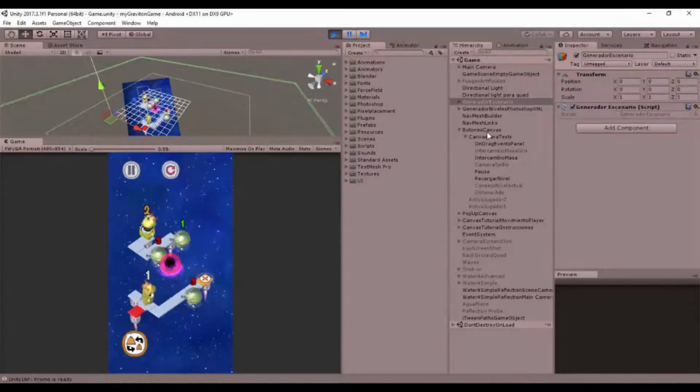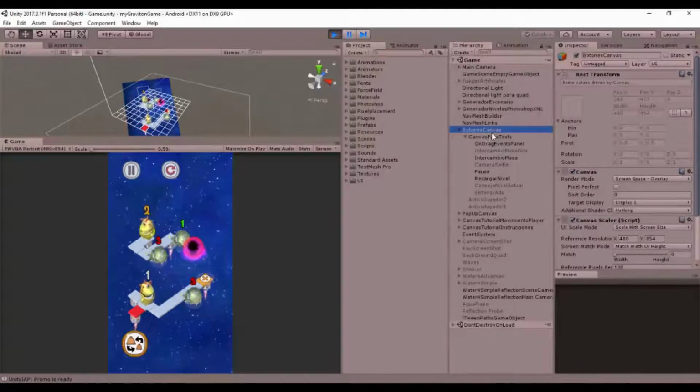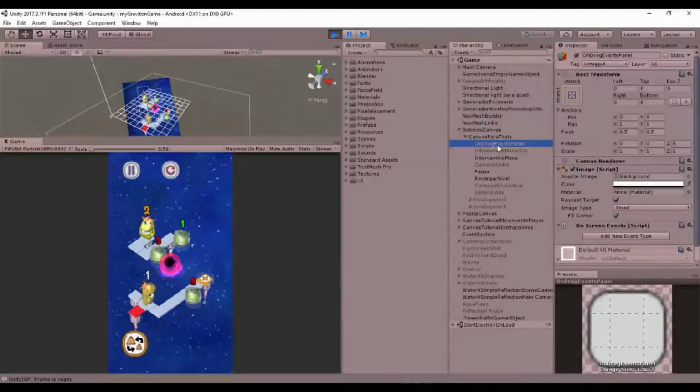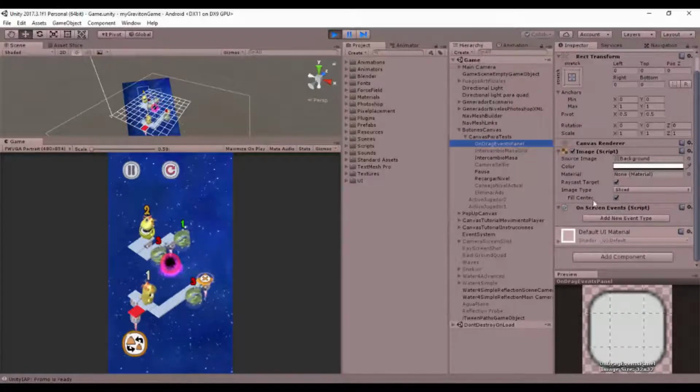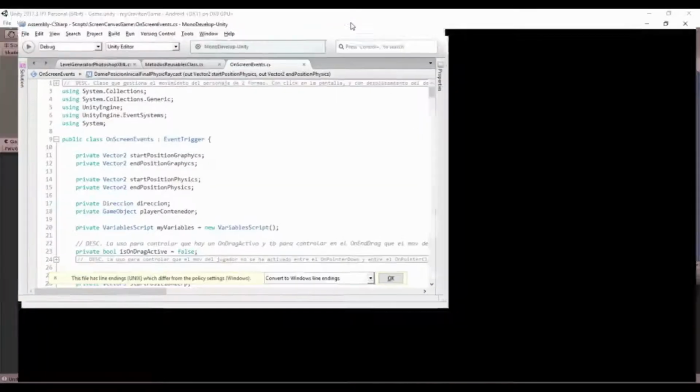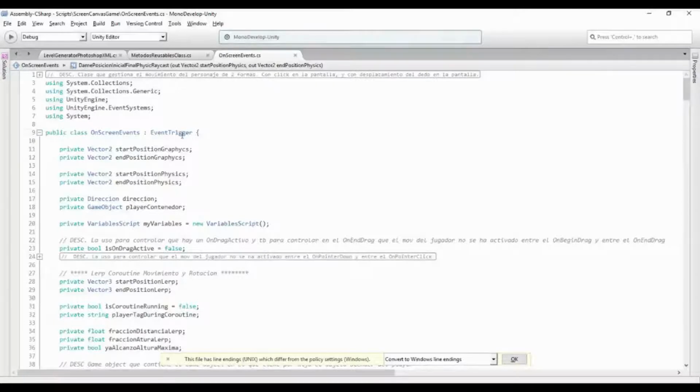Here, one of my objects is this one, that is just a canvas. And here I have this empty game object that just has this script attached, OnScreenEvents. So if I open this script, you can see this script inherits from EventTrigger instead of MonoBehaviour. What does this mean? If I go to Google,